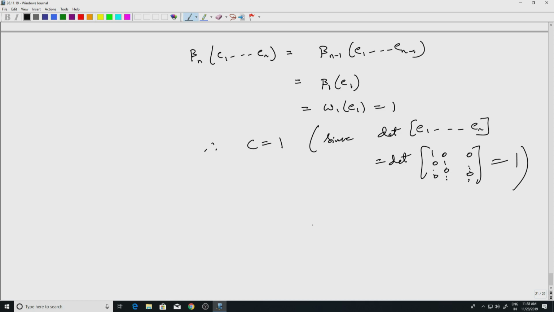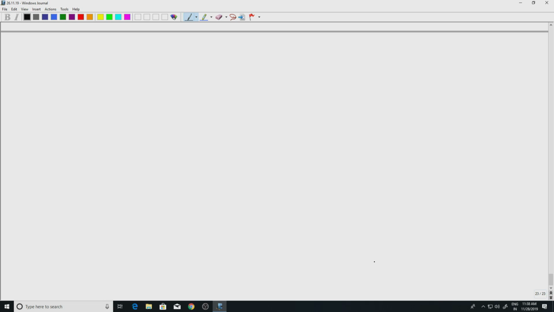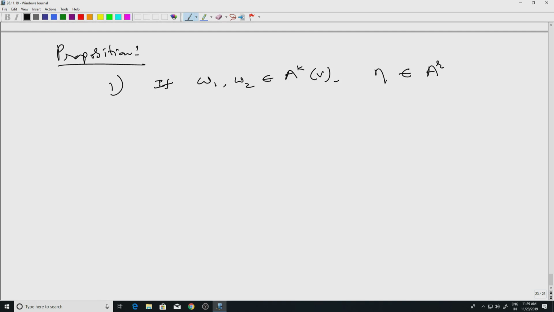So I want to prove, first of all, some general properties of the wedge product operation. So proposition. First thing is that this wedge product operation is bilinear. So if omega 1, omega 2 belong to A^k V and eta belongs to A^r V, and you have two real numbers a and b, then